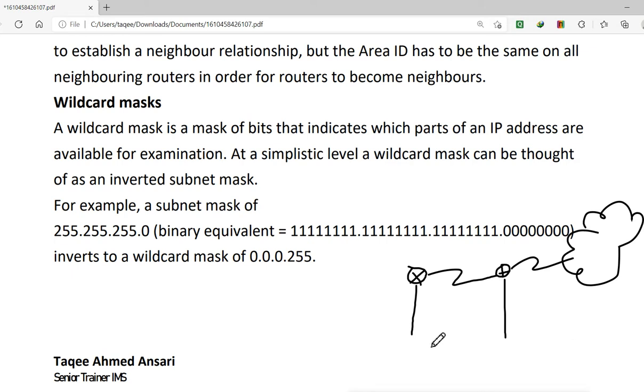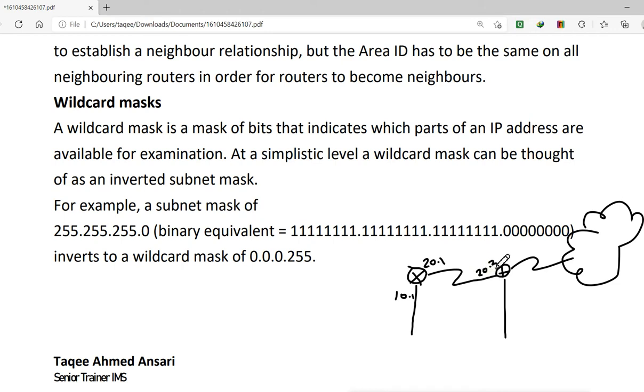Now what IP addresses have I configured here? I did network 10. I have configured 10.1 here. I have configured 20.1 here, that means 20.0.0.1 here. On this side of the serial interface, I have configured 20.0.0.2.